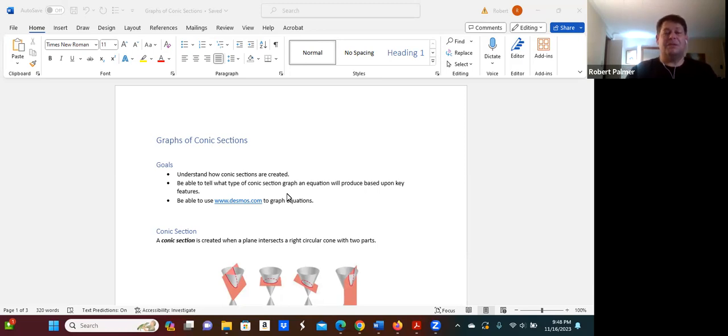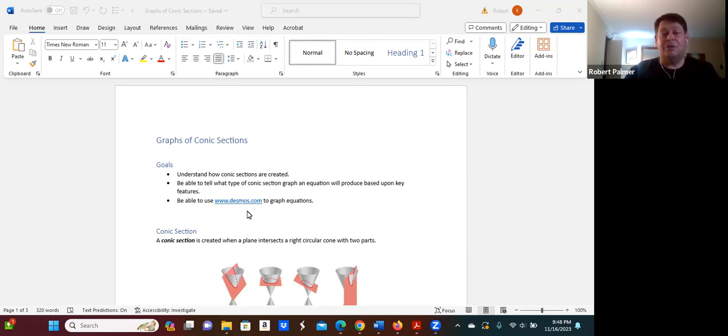able to tell what type of conic section graph an equation will produce based on some key features. And to essentially be able to distinguish between the different conic sections based on some things about the equation. And also we'll talk about how to use desmos.com, for example, as one website we can